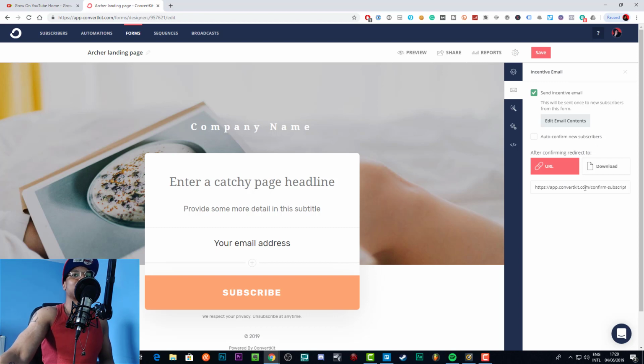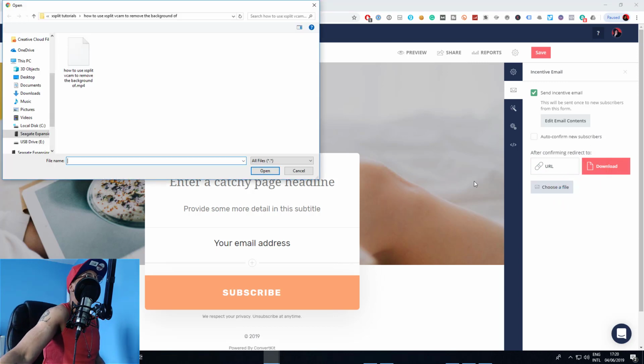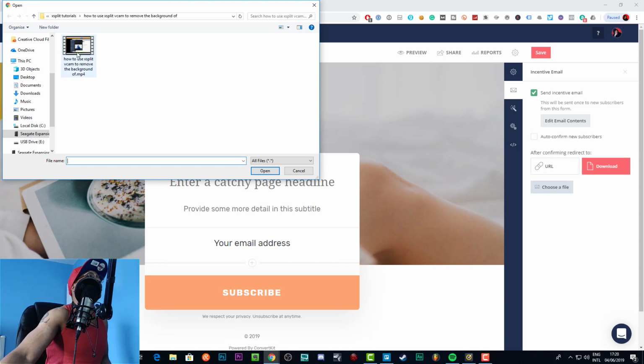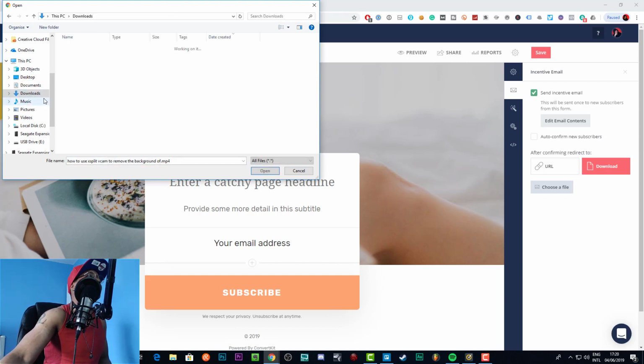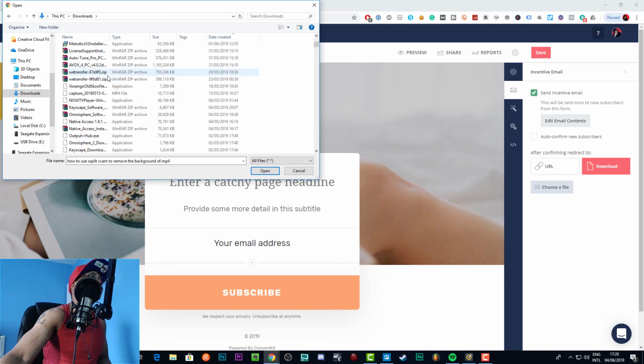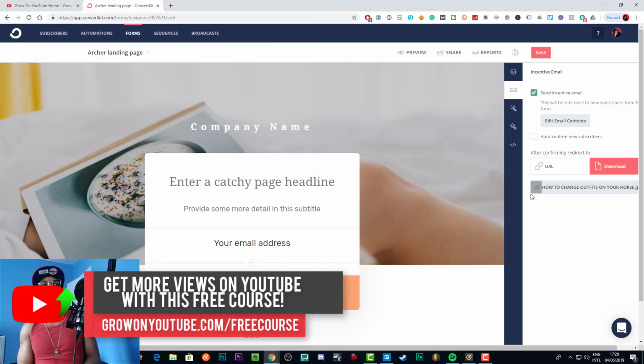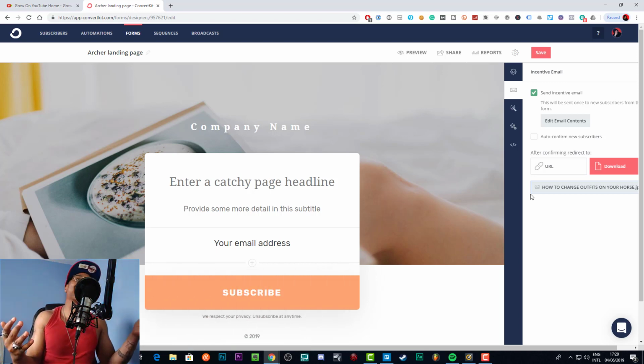So here is the area you need to worry about. Here is where you'll actually set up your lead magnet. So we'll go to download, and then all you need to do is choose a file. Choose the file that you want people to be able to download. I can't choose this file because it's going to be too large. So let's go to downloads real quick. Let's see if we can get something small over here. How to change outfits on your horse. There you go. So we've uploaded our picture that people will get when they sign up to this list,